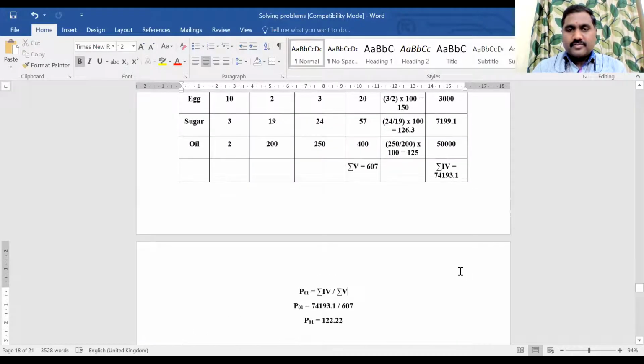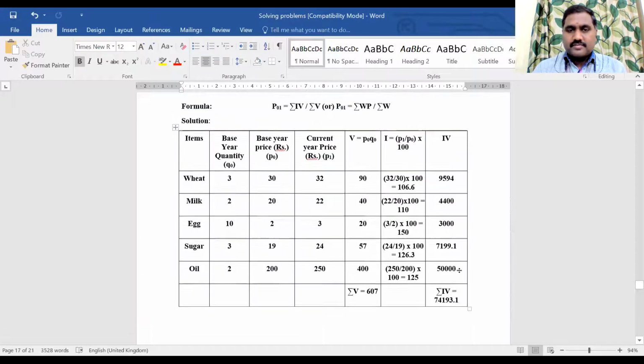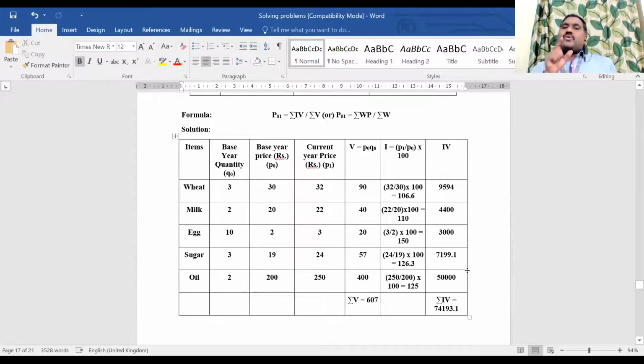So I will show the tabular column. You just copy this. So see, I told you right, sir. W is given, P is given. You can use it. Use the first formula. If I index number is given, V is given, you can use the second formula. In some cases, they will not give weightage and index value. They will give only this base year, current year value. With that only we need to calculate. See, usually you will be calculating only these two.